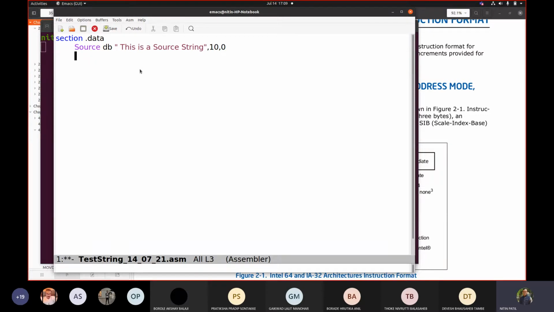So what we will do is compute the length. There are some operators also added there: EQU, which is a directive, with $ - source. So when you write len equ $ - source, it computes the number of characters here.